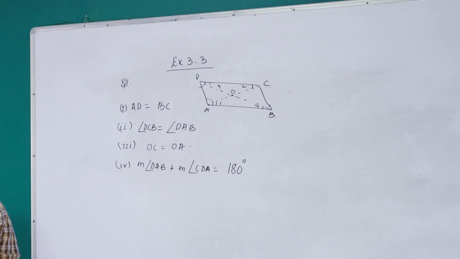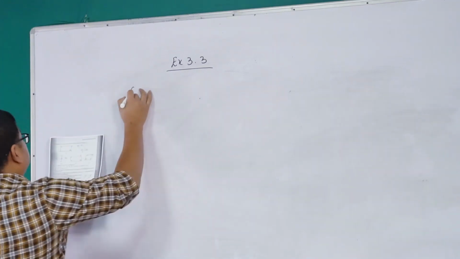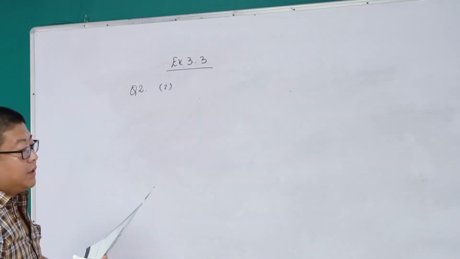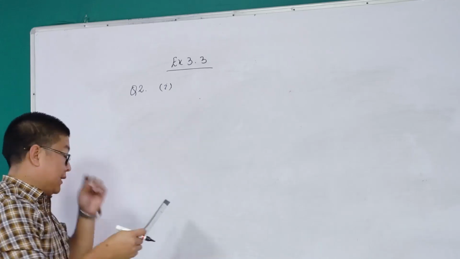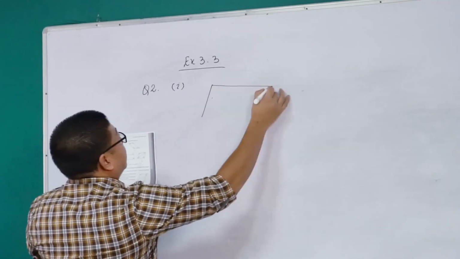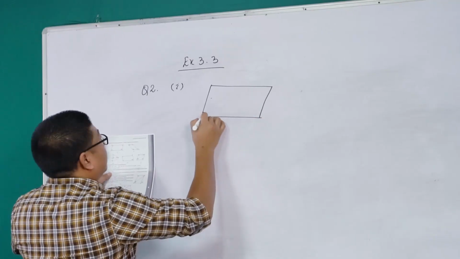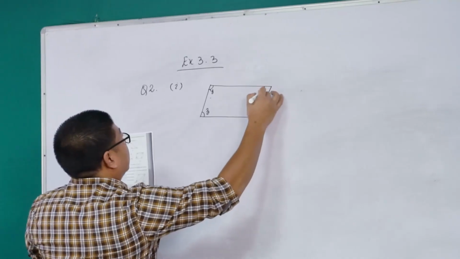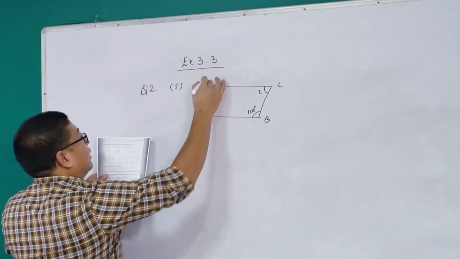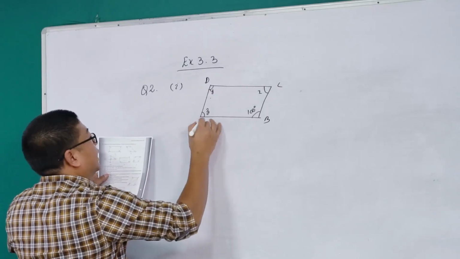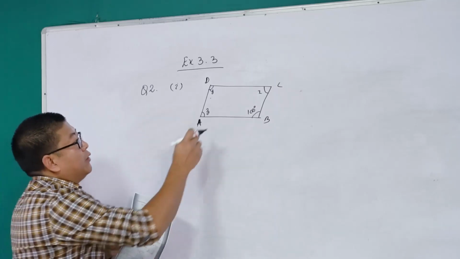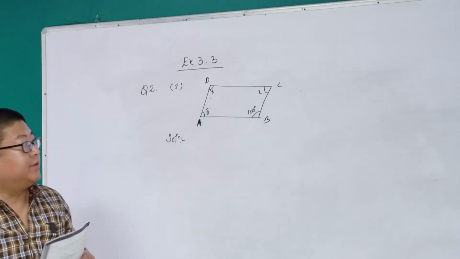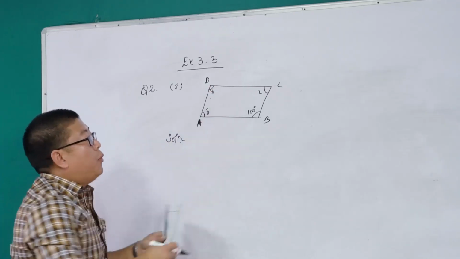Let's move on to the next question. The next question is, consider the following parallelograms. Find the values of the unknowns x, y, z. So a figure is given here. This is C, B, D. This is A. Now we have to find the values of x, y and z. Relating to the earlier topic that we have discussed, we know that opposite angles are